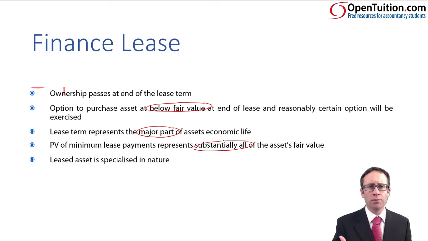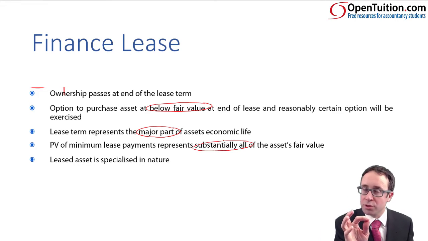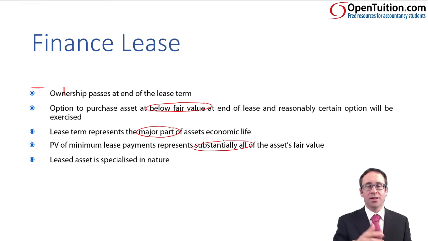So in substance, if what you are paying for the asset over the period of time, so what the lessee is paying to the lessor over the lease period, is essentially the value of the asset, then you are paying for the value of that asset, aren't we? And if you are paying for the value of that asset, effectively, it's because it's your asset, isn't it? Okay, so again, we will treat it as a finance lease, and from the lessor's perspective, de-recognise the asset and